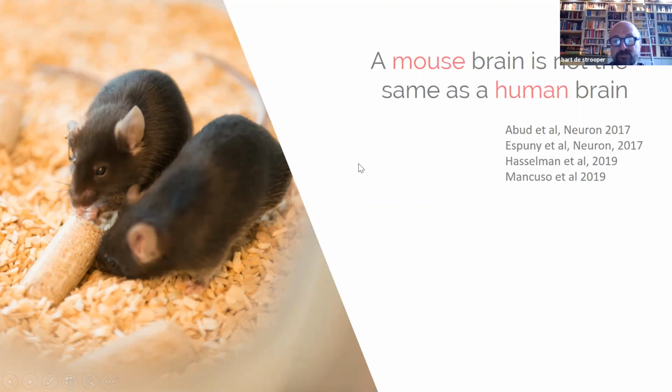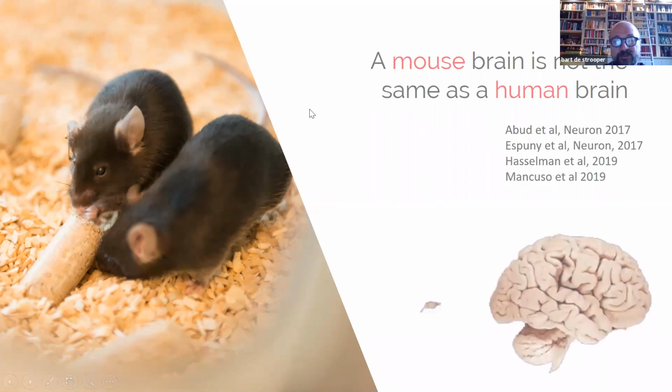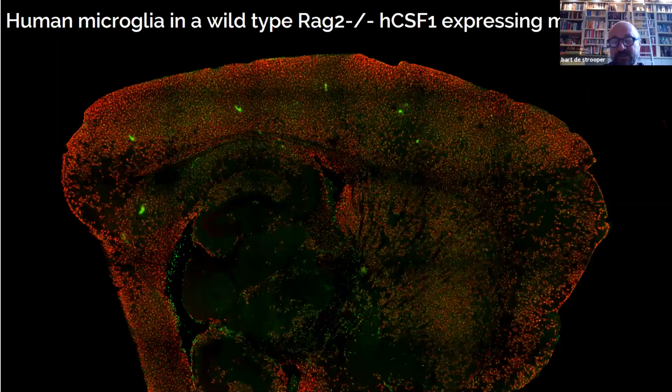But I'm just going to briefly talk about the work of Renzo Mancuso in my lab, who developed a nice mouse model for human microglia. One of the reasons that we did is that we realized that although the mouse model, as I've shown to you, mimics aspects of the human disease, a mouse brain is not the same as a human brain. And a lot of genes which are expressed in human microglia are not very well expressed in mouse microglia, as I will show you. So we developed a mouse model where we could transplant human microglia derived from iPSC cells